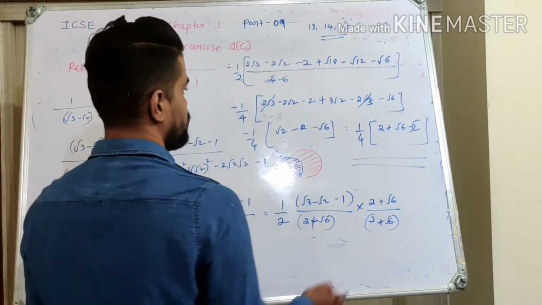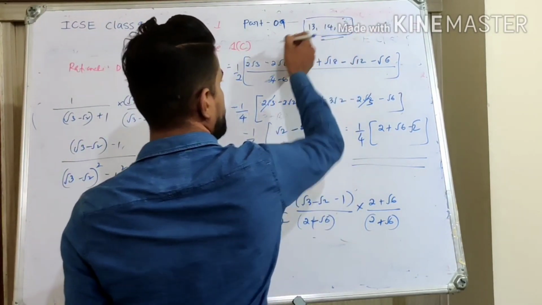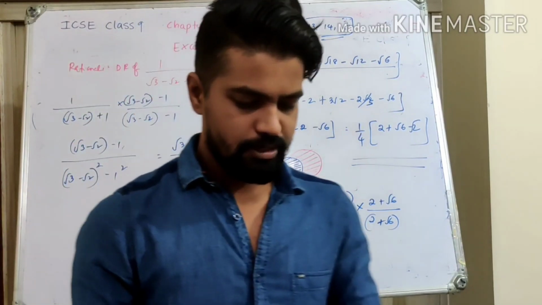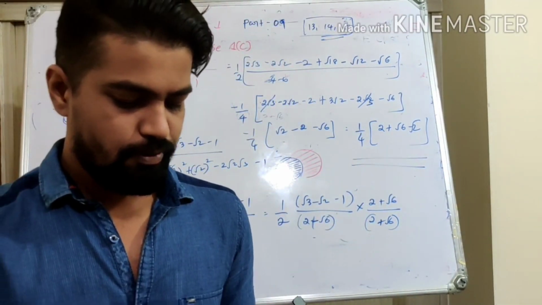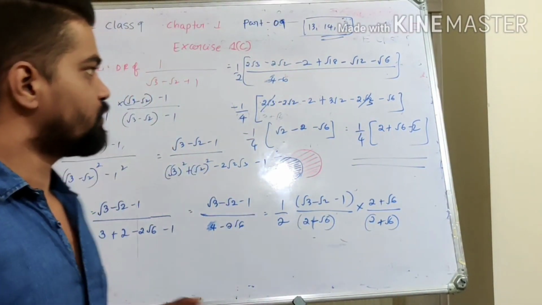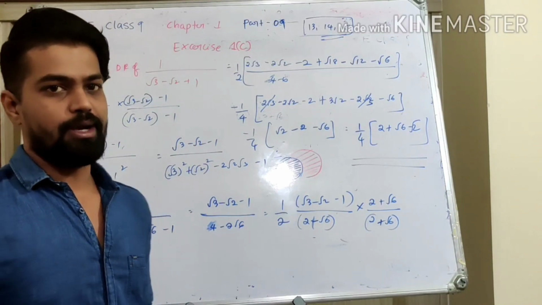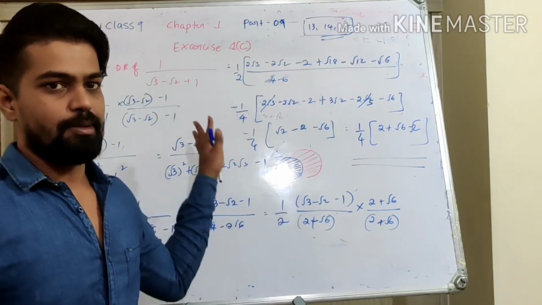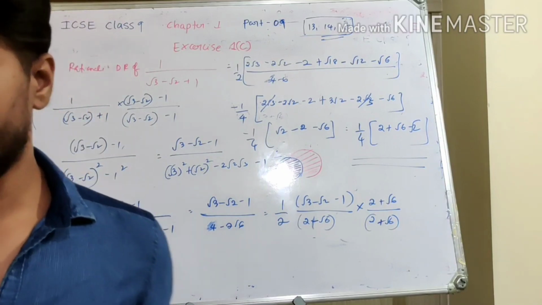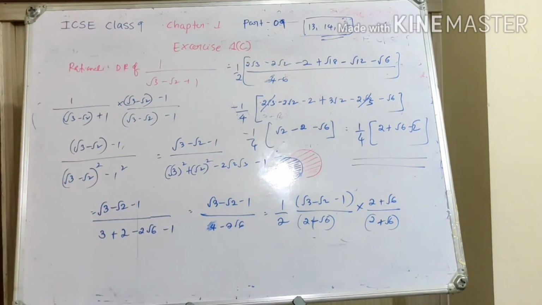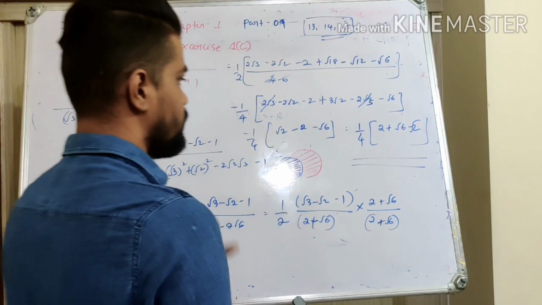Okay. So and then question number 13, 14, 15 is your assignment. So that is the end of this exercise 1C. So let me see whether you finish this assignment, and if you have any doubts, we'll discuss. So the next video will be 1D that I'll do after your completion of the test. Okay. So I want you to write the test and get the answer faster so that we can go to the 1D.